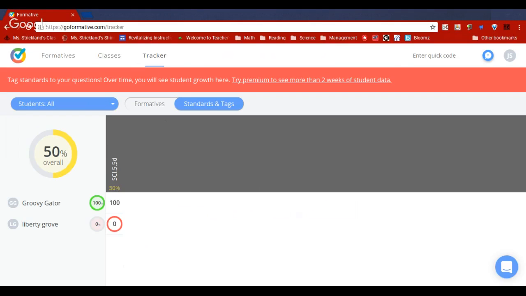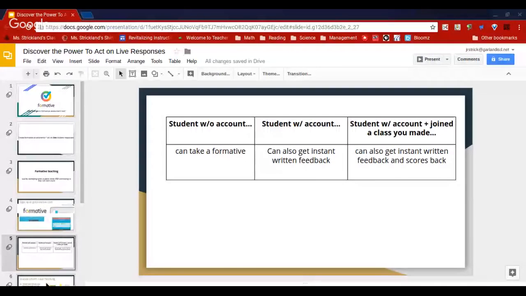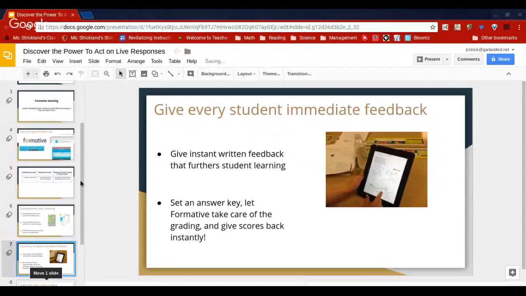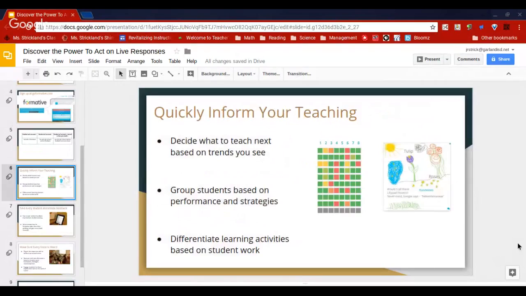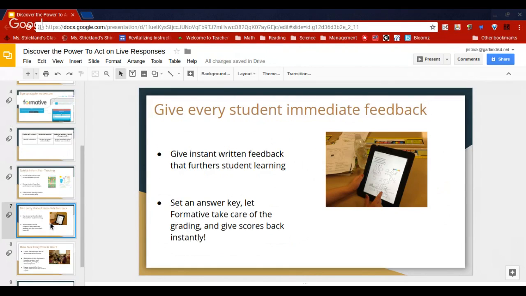So Go Formative has so many things that you can use it for. It is a lot of differentiation as far as assessments. With Go Formative, you can allow students to show you so many different ways that they can learn and so many different ways that they can achieve their success. You can decide what to teach next based on trends you see, group students, differentiate learning activities. You can give instant written feedback